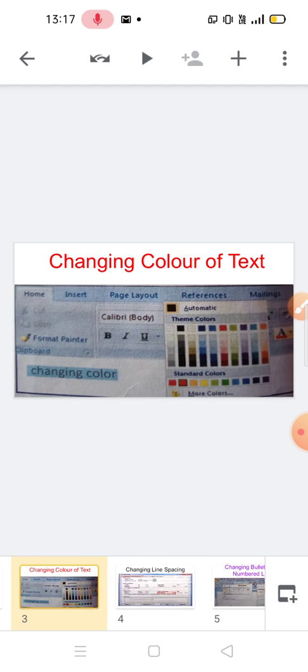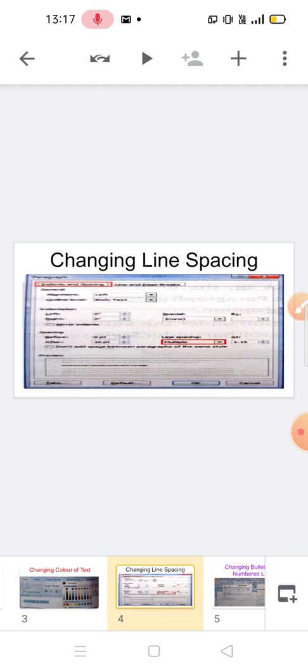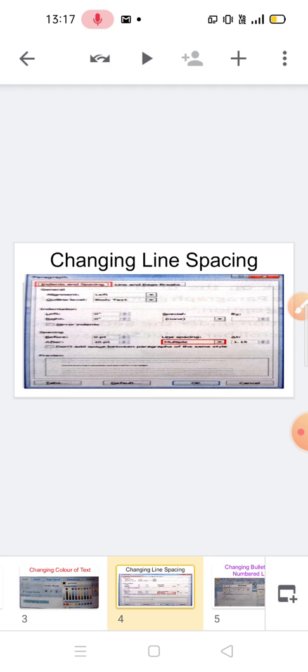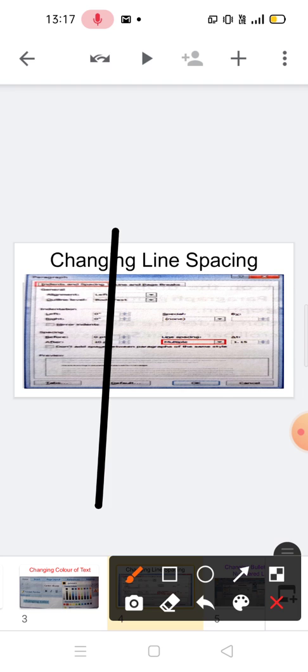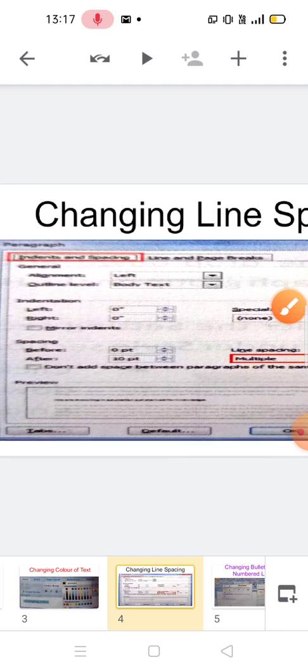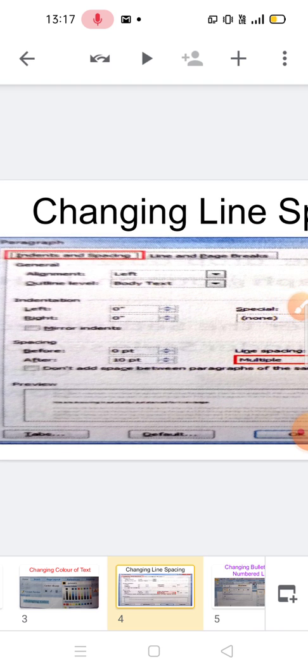Our next topic is changing the line spacing. The line spacing is the vertical distance between the successive lines of the text in a document. We can also increase or decrease the line spacing between paragraphs. For this, first of all, you have to choose the line spacing button.